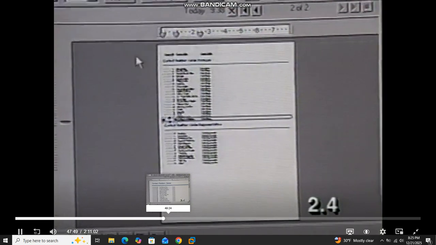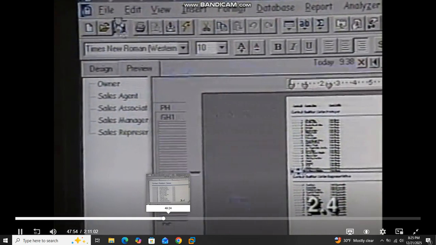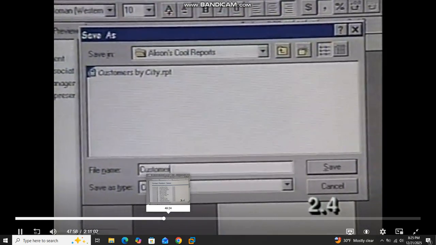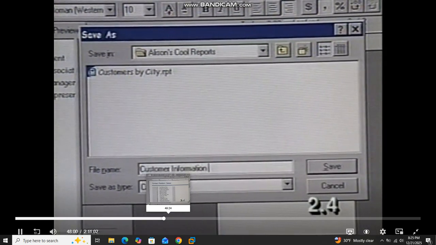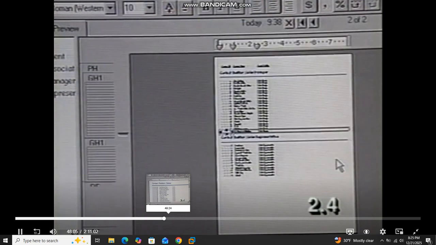Let's go ahead and save our work. So I'm going to click the Save tool, and I'm going to enter customer information by position. And I'm going to go ahead and click Save. Not only can you add objects such as lines to your report,